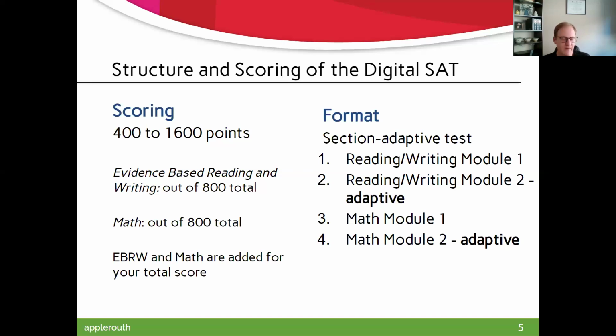Each of these is scored out of 800. So you can get up to 800 on verbal, up to an 800 score on math, and then 1600 is the perfect score. Every SAT is graded on a curve. So you're standardized with the other people who are taking that test on that day. So sometimes you can miss a couple questions and get an 800 perfect score. Other times 2 questions may cost 30 or 40 points. It just depends on that test that day.